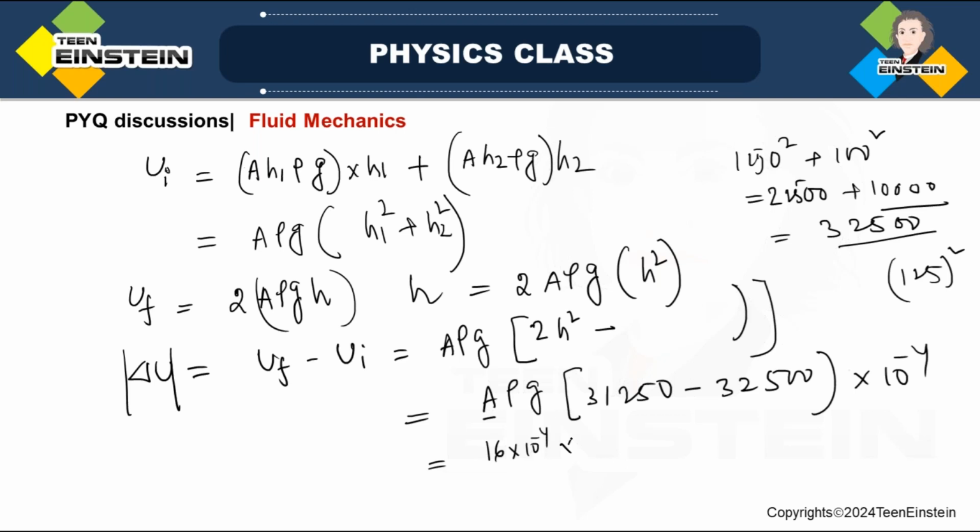Okay, this is in meter. Density 1000. Okay, and g is 10, along with this value. Obviously there will be a minus sign over here, so I'm taking the modulus of that. This will come here as 1250, and here this 10 to the power minus 4 is there. Okay, so how much will be in Newton into meter? Okay, so